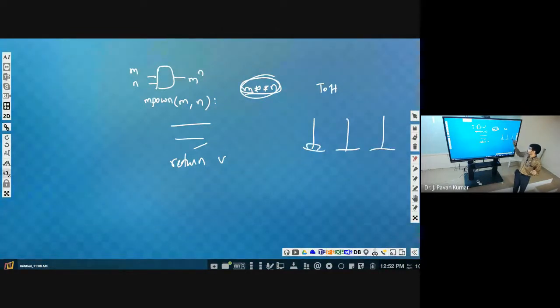From here to here we have to transfer. Do you remember it? Okay. So this towers of Hanoi problem with the solution we have discussed.